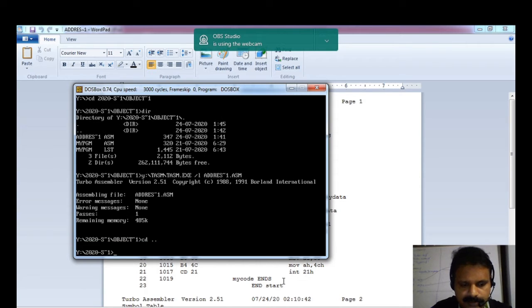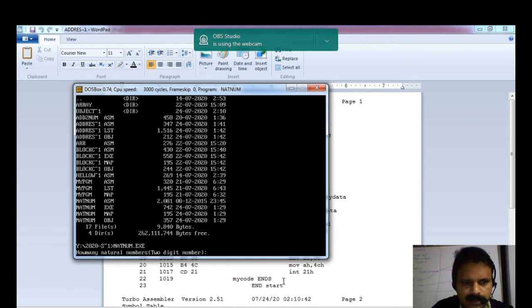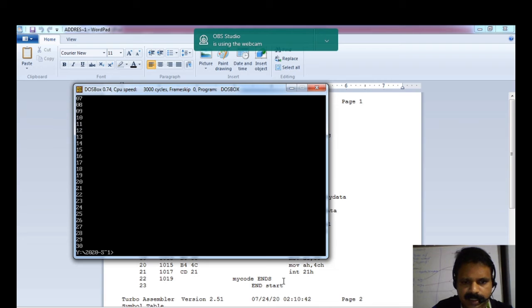Let us check one program, a natural number generation, natnum.exe. It asks how many natural numbers you want to generate. I am giving 30, so 1 to 30 will be generated. If I give 10, it will generate 1 to 10.